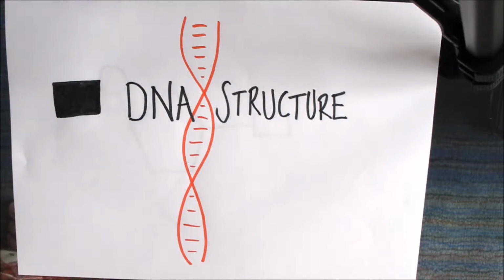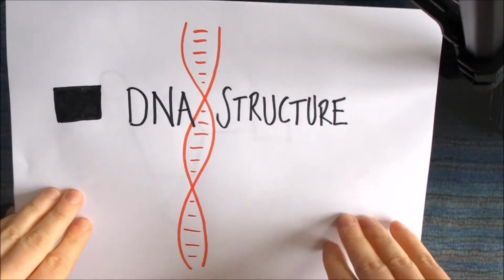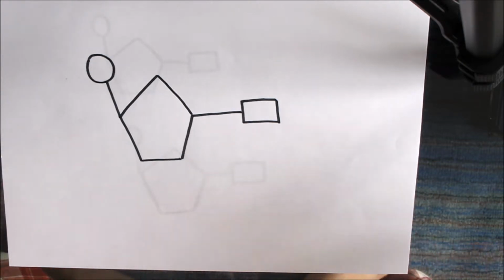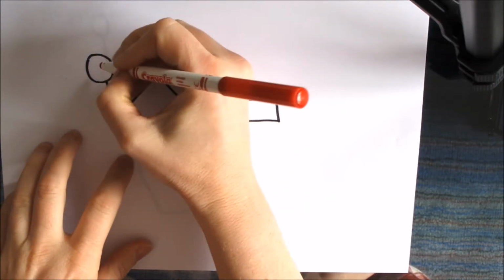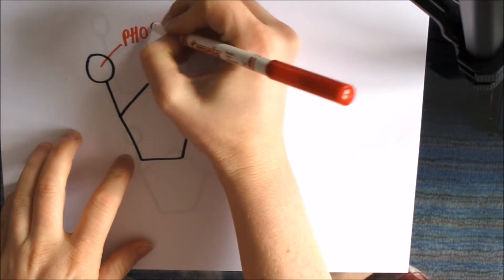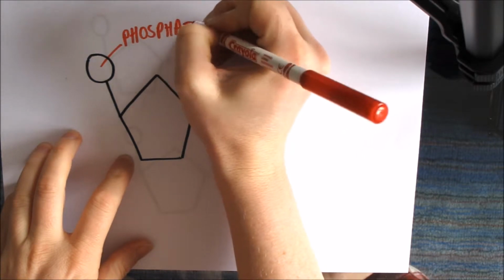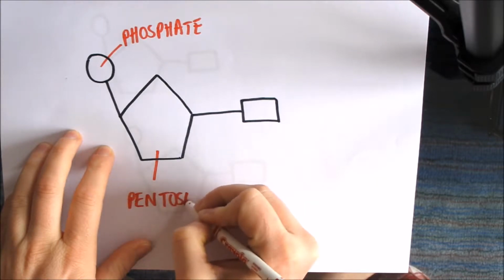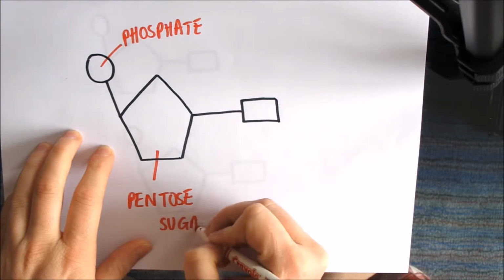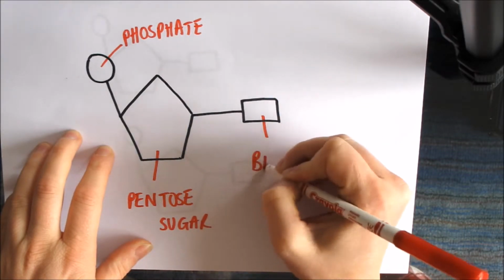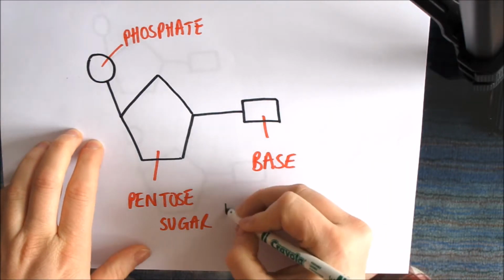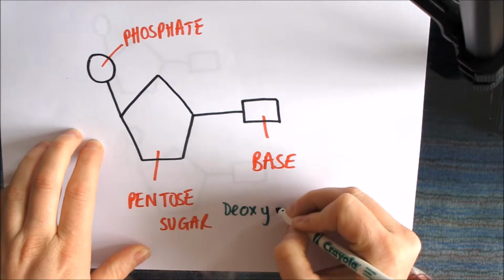In this video, I will be explaining about the structure of DNA. DNA is a nucleic acid, which is a polymer of nucleotides. Nucleotides are made up from the phosphate, a pentose sugar, and a nitrogenous base. In DNA, the pentose sugar is deoxyribose, and the bases are